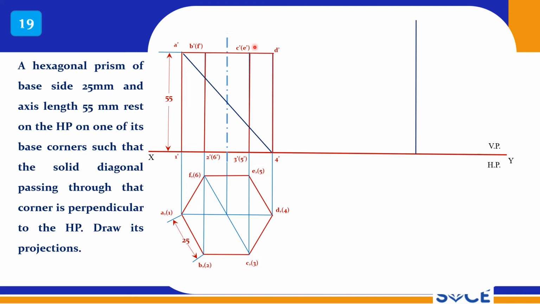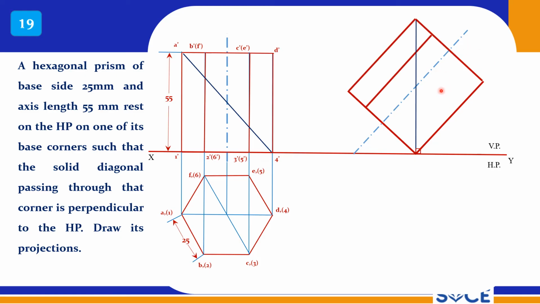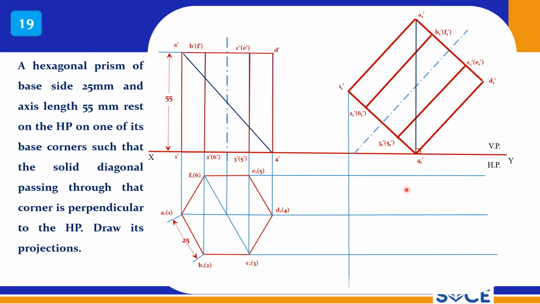Now draw the diagonal 4 dash A dash here. Now reproduce this view, right? Now 4 to D dash you can measure, and A dash to D dash you can measure. You can cut 2 arcs on the right hand side, and you can complete the tilted view, right? You measure these distances and mark the corresponding points and mark the edges. And this is the tilted view, right? Here A and 4 are lying on the same point,